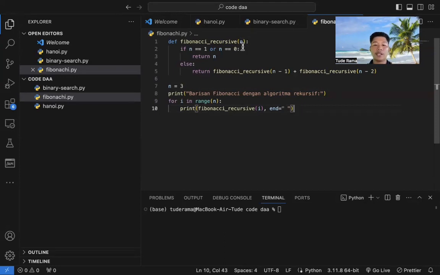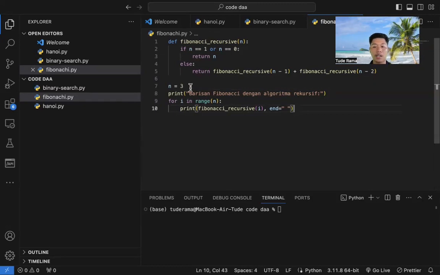First we check the parameter: if n is equal to 1 or n is equal to 0, then return n, else return Fibonacci recursive with parameter n minus 1 plus Fibonacci recursive n minus 2.